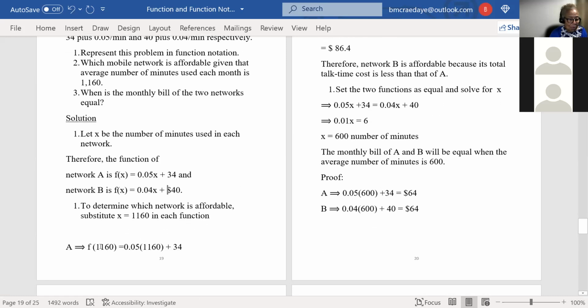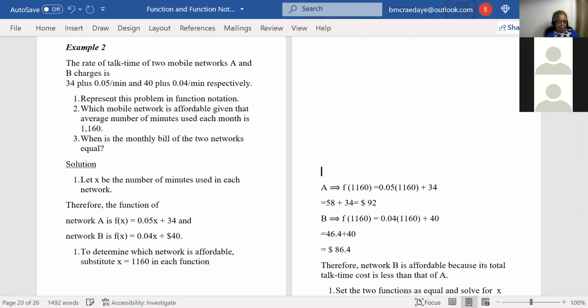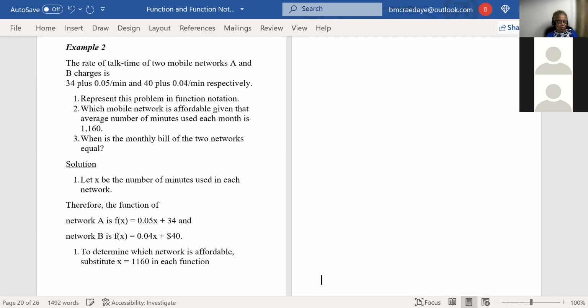So for the 1160, the first one, you'd have 0.05 times 1160 plus 34. The second one is going to be 0.04 times 1160 plus 40. So do that and tell me what you get and which one costs less. The one that costs less is going to be the one that's more affordable. Okay,